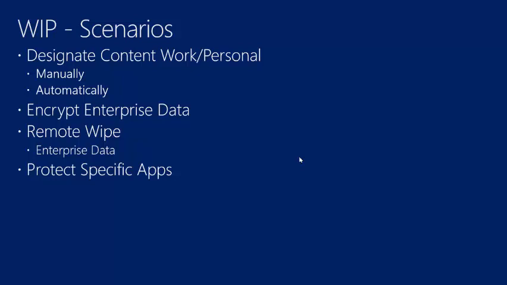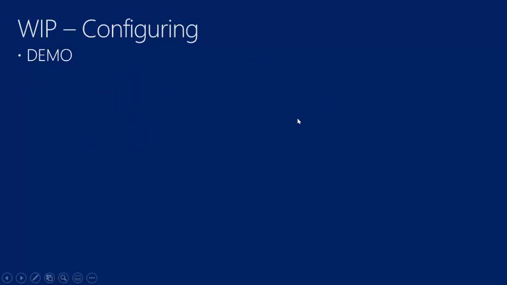Being able to do remote wipe of enterprise data. Now, I'm not talking about wiping the device here. I'm talking about wiping the data on the device that is data protected because it's corporate data, enterprise data. Absolutely possible. And then, again, being able to apply protections to specific apps that you know will be used to access corporate data. So again, you'll see all of this in a minute. And we'll start now. So in terms of configuring Windows Information Protection, let me show you how that can be done. And to do that, let me pull in